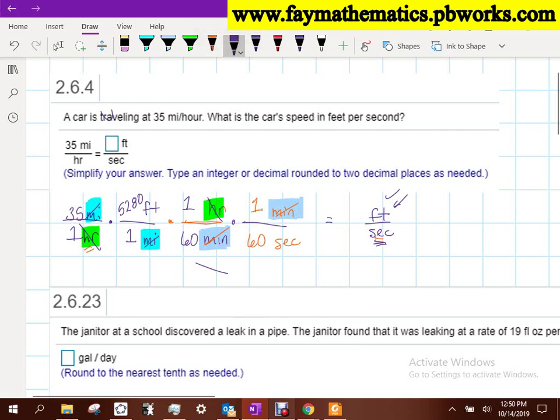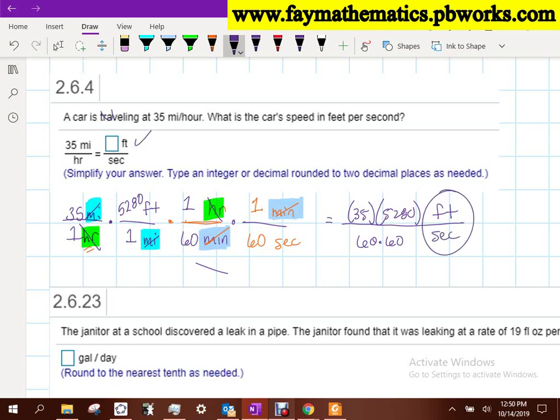And now if I multiply straight across the top, it's going to be 35 times 5280 times 1 times 1. But now if I look at the units, the only unit that would be left on top would be feet, right? Now if I move to the bottom, that's 1 times 1 times 60 times 60. And the only unit that I haven't canceled out on the bottom would be seconds. Is that feet per second, like we have right there, if they're asking for it? Okay, so if I multiply that out,